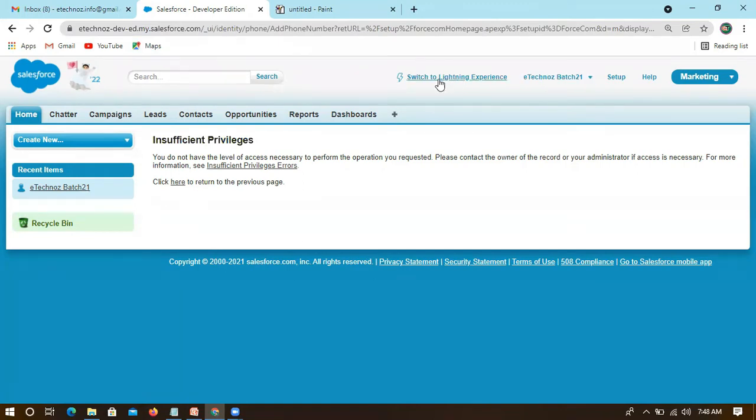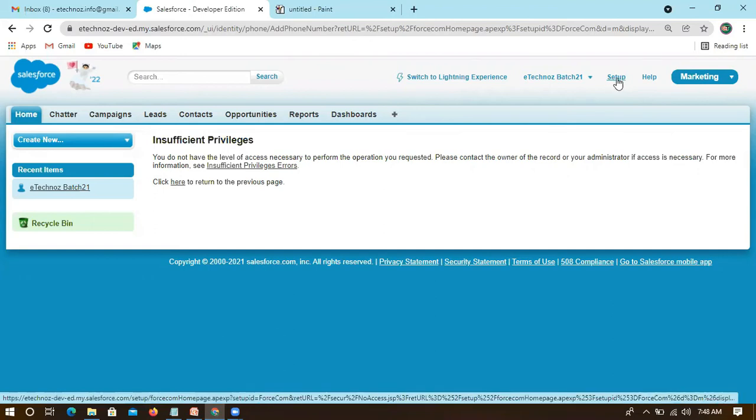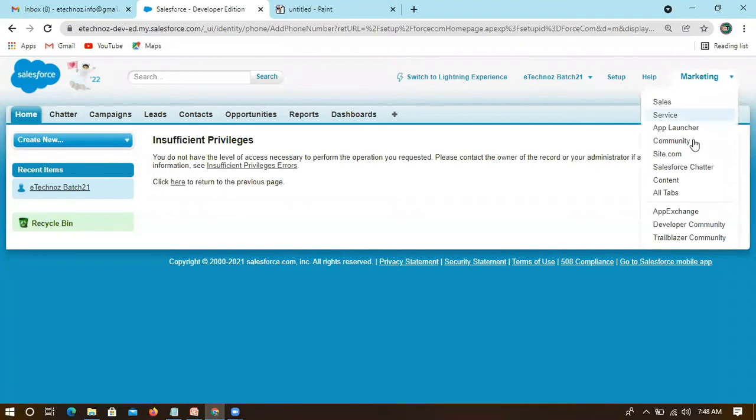We have seen that you can go to Lightning Experience, or you can stay in the normal Classic experience. This is the Classic one. If I go to Setup, this is actually our PaaS, our Force.com. Here we can create all our customizations, and whatever I want to manage, I can manage under this Setup. And these are all applications.